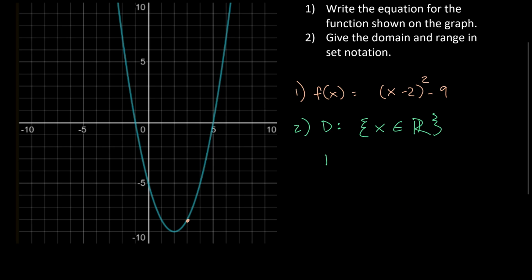And then the range, what's my lowest Y value? -9. What's my max Y value? Infinity. So Y is always what? Greater than or equal to -9. Do not forget that equal to. It is actually having a value of -9, so it is equal to -9. So you write what here? Y is an element of all real numbers such that